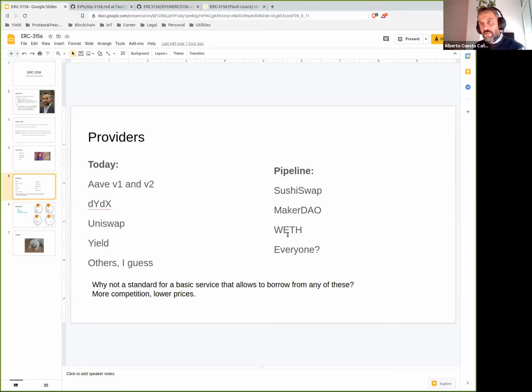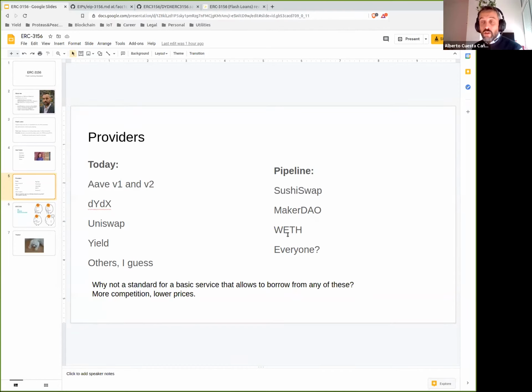This standard is being designed so that it is easy to do it safely, and it's easy to do. But it's not the end of all flash loans. There are a bunch of features that are not included in the standard because they make the standard more complicated and maybe they are not features that everyone is going to use. I don't think that every possible flash lending feature should be included in the standard, only the